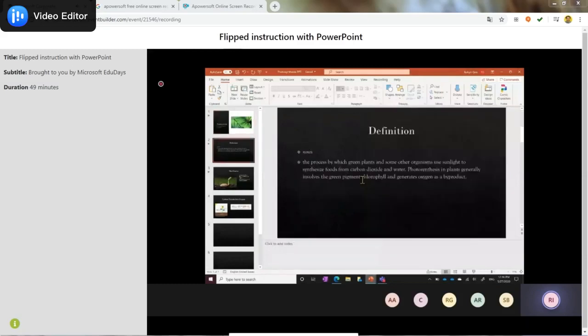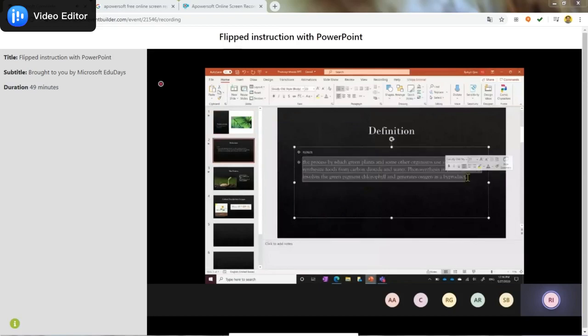You can see here that it's a nice looking slide, but it's a little bit dull. And I might want to insert an image to make it a little bit more visually attractive and appealing. So if I come up here to Insert, I'll go ahead and click on Pictures. If I click on the down arrow, I can insert an online picture.